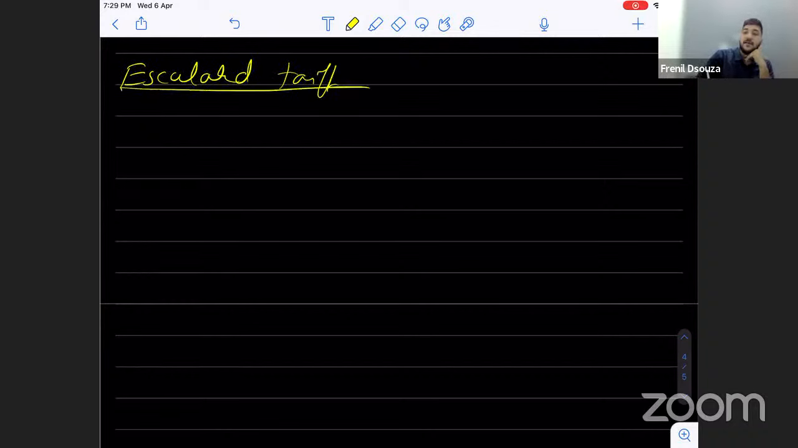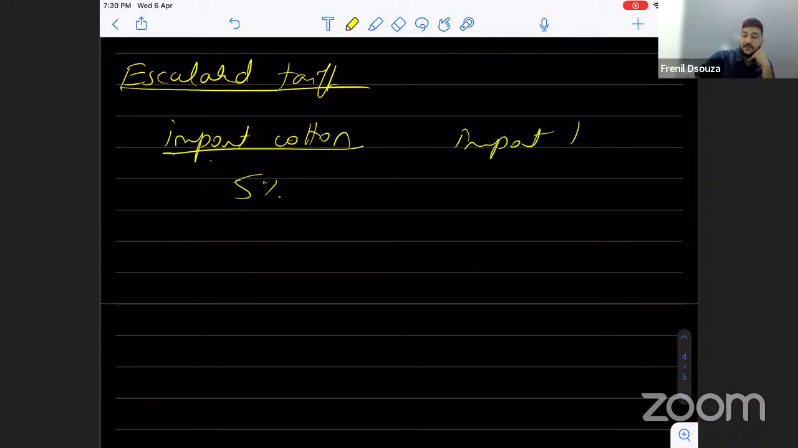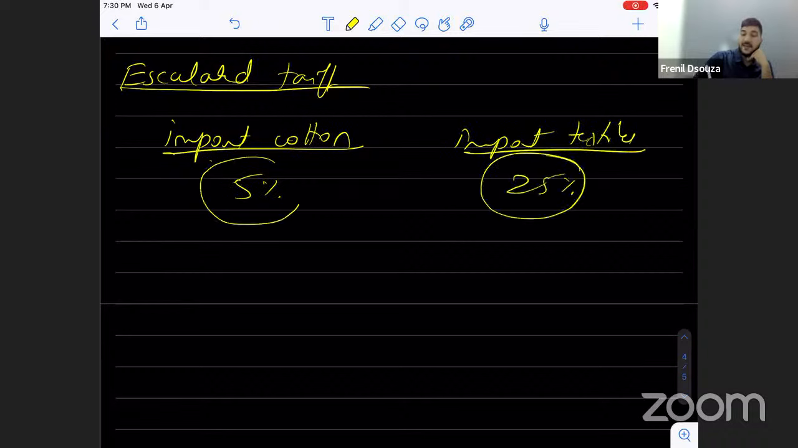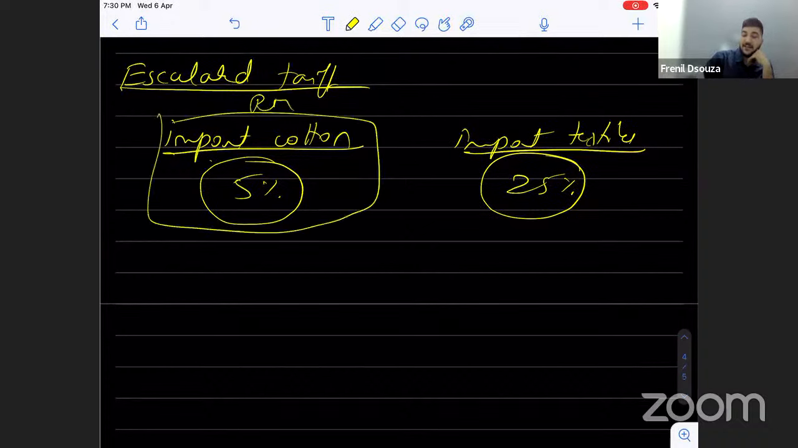Escalated tariff. So what is escalated tariff? Let me give you an example and you'll be clear with that. Imagine this. If you import cotton, the tax is 5%. But if you import textiles, the tax is going to be 25%. Now understand why. Because if you import the raw material, you are going to do manufacturing in India. You are going to generate employment in India. You are going to bring in a lot of foreign currency by exporting. A lot of things are going to happen if we import the raw material rather than importing